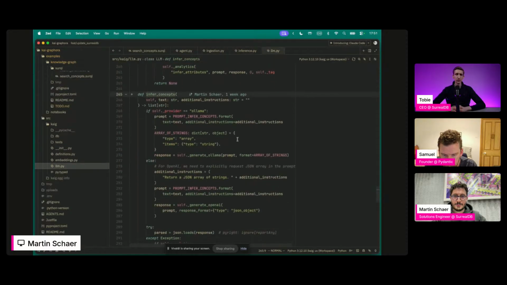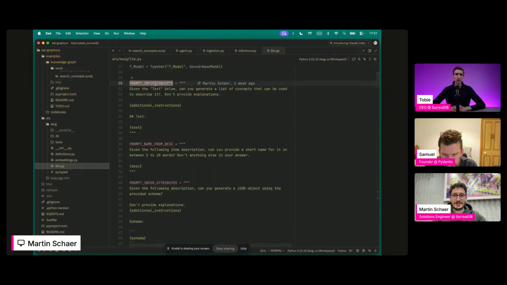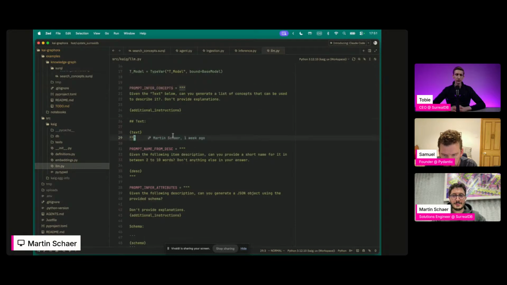Let's see if command click gets me to the point where I have some system prompts that tell the LLM what I want, basically to generate some concepts that can be used to describe it, and don't provide explanations, etc., etc. Things you can actually improve and do a lot of system prompt optimizations.